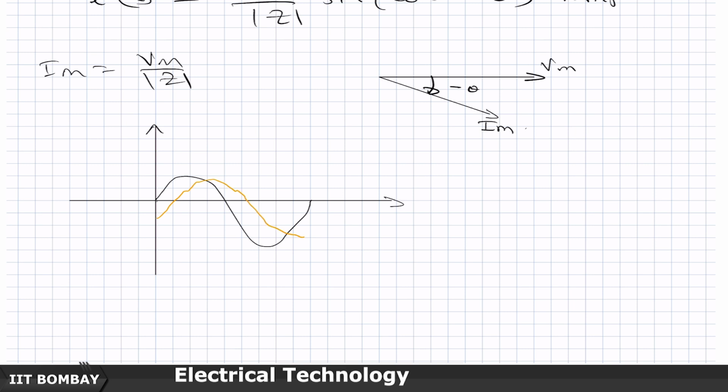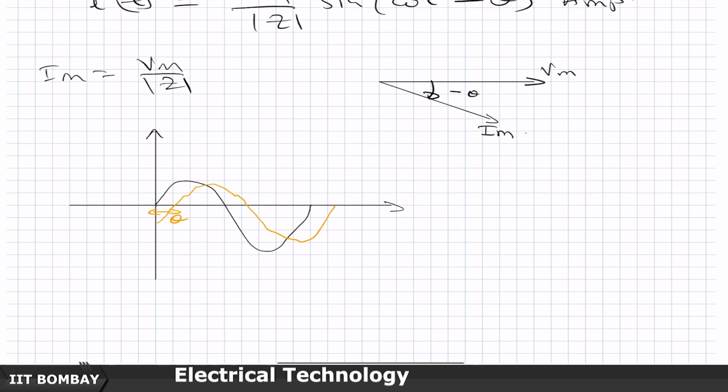This is my theta, this is the current response I of t, this is the V of t, this should be my Vm, this should be my Im, and when I say the current lags by an angle theta, suppose this theta is 30 degrees. So suppose I say that my current lags by an angle of 30 degrees, then what I mean to say here,